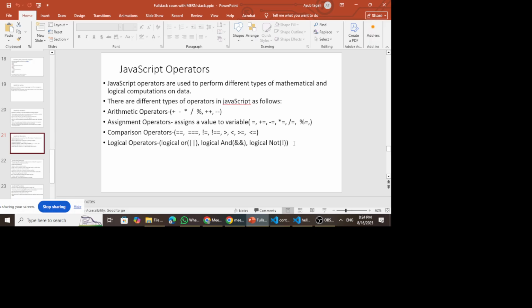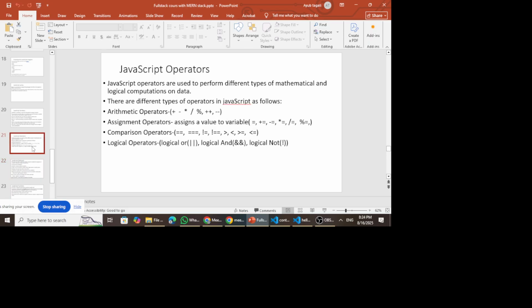All right, so in that case we have different types of operators which are used for different types of operations. Some of them we're going to look at today are the arithmetic operators, the assignment operators, the comparison operators, and the logical operators. So let's look at each one of them one by one and take examples in code and see how we can implement that in code. So